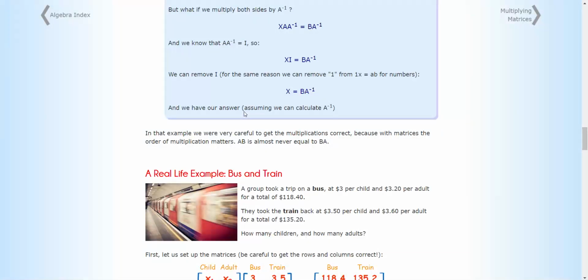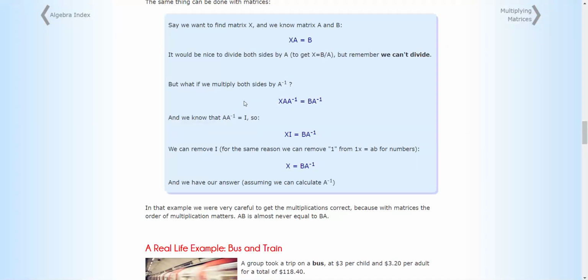In that example, we're very careful to get the multiplications correct because with matrices, the order of multiplication matters. A multiplied by B is almost never equal to B multiplied by A. So the inverse is like the